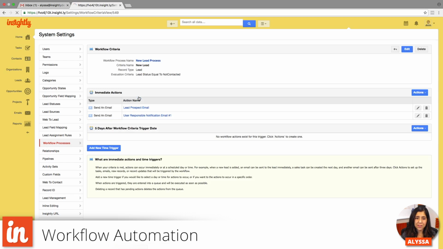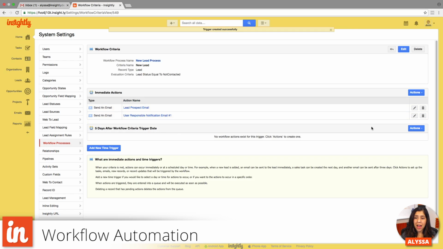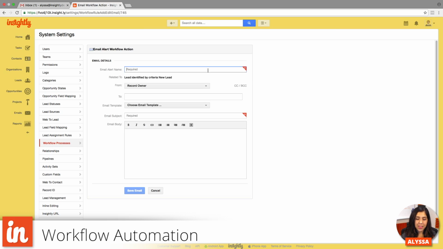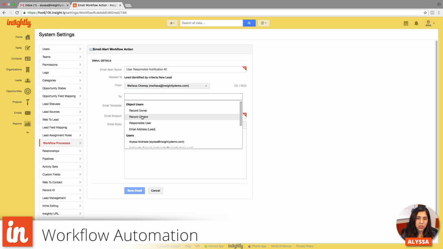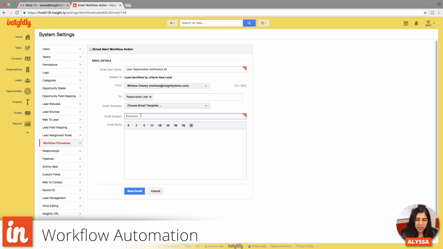So let's go ahead and press save. Now that I've done this time trigger, I want to make sure to do one more action here, which is to send one additional email. And this email alert is going to say, for here, I'm going to say user responsible notification number 2. It's going to be coming again from boss to the user responsible. This is going to say reminder, follow up with your lead, and then it's just going to say hi, friendly reminder, please follow up with, and then again putting in the information for the lead,